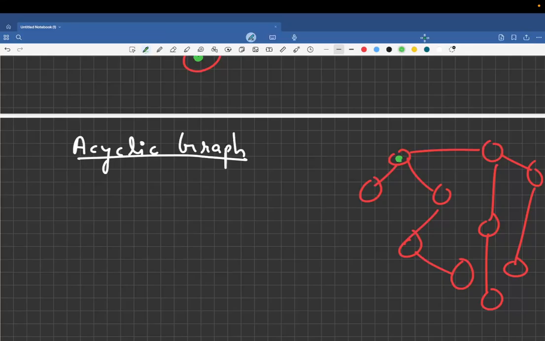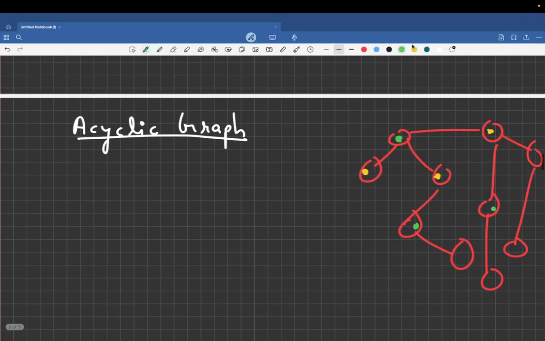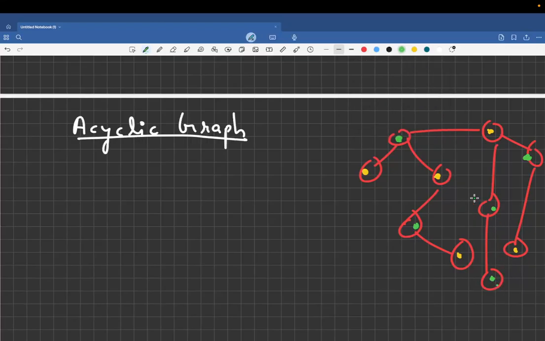Let's suppose you color this green, then you color its adjacent with yellow, then yellow's adjacent with green, then green's adjacent with yellow, and again yellow is adjacent to green. So if the graph is acyclic, it is always possible to color the graph with two different colors such that two adjacent nodes do not have the same color. So an acyclic graph is always bipartite.